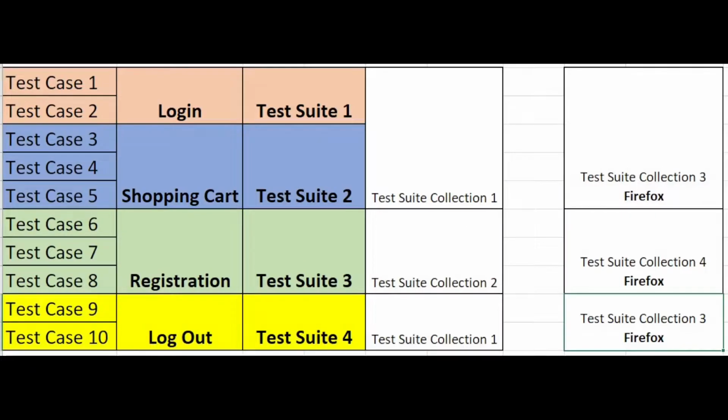If you see in the diagram, let's say I have 10 different test cases. 2 test cases are related to login functionality, 3 other test cases are related to shopping cart, and 3 other test cases are related to registration, and 2 test cases are related to logout, which means I have 4 different modules and I have derived test cases for all these 4 different modules. So I can form these